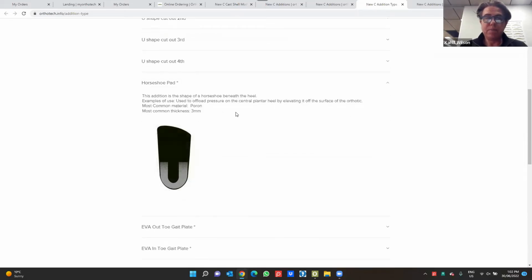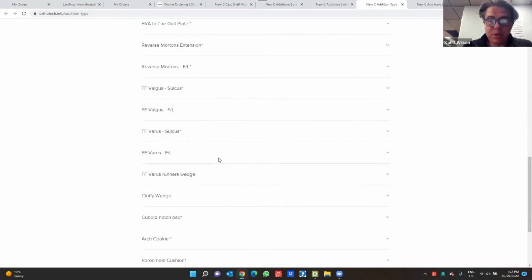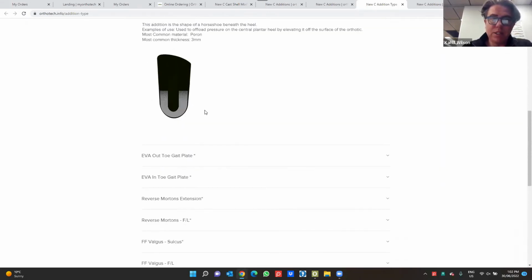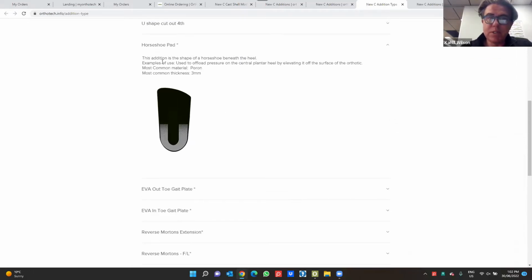Horseshoe pad. So I might jump between the horseshoe pad and the J pads down the bottom and chat about them all at the same time. So it's basically a U-shaped, horseshoe-shaped pad in the heel, used to offload pressure on the central plantar heel by elevating it off the surface of the orthotic. So one of the forces, if you like, when treating plantar fasciitis or plantar fasciopathy,